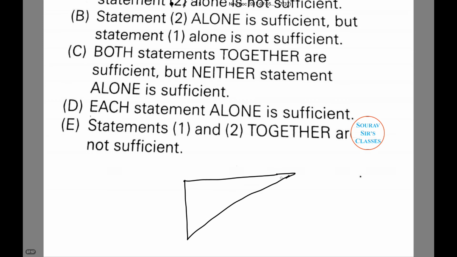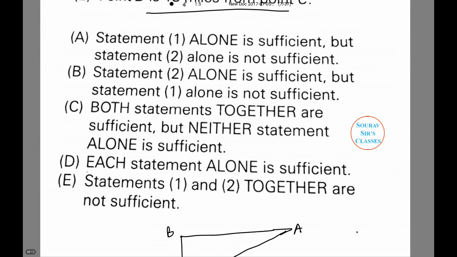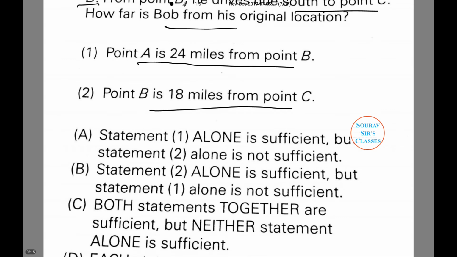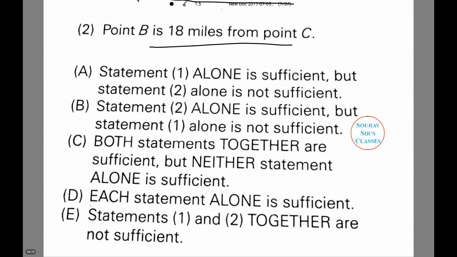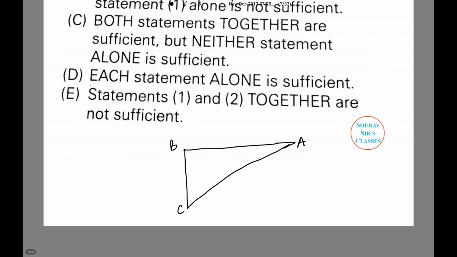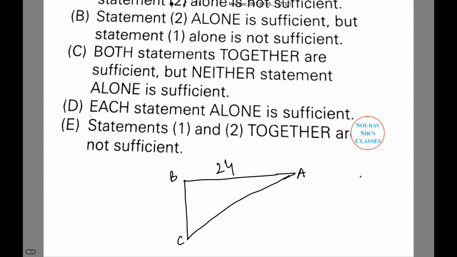Yes, my drawing is a bit on the untidy side, but well, you get the point. In this case, your diagram should look something like this, or maybe a little better. Therefore, statement 1 tells us that the length of one side of our triangle, that is the distance from A to B, is 24 miles. Since we know we have a right triangle because Bob drove due west and then due south,